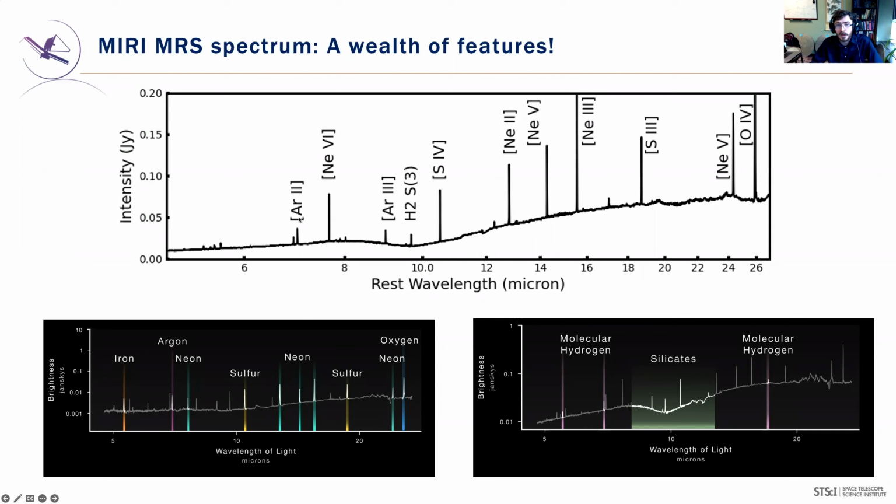And then all of these features from various different kinds of ionized and other kinds of gas. So you've got low ionization features such as the argon 2 and 3 lines, higher ionization features such as neon 5, oxygen 4, and things that are coming from gas with remarkably high ionization potentials, things that have been ionized 4 or 5 times. So it's telling you that there's a lot of power coming off of the central AGN in order for it to be able to ionize the gas this far.